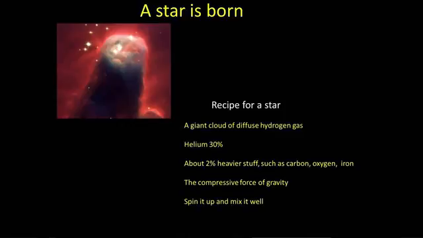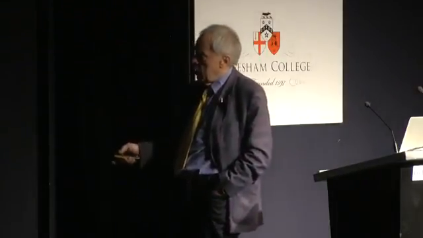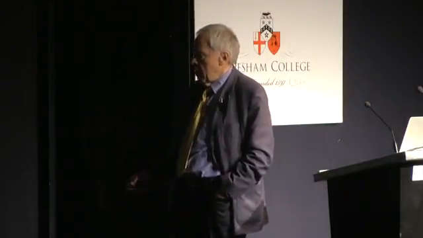And the interesting stuff is the 2% of this cloud, which is the carbon, the oxygen, the iron, the reason that we're here, basically. And this heavy stuff came from previous generations of exploding stars that enriched themselves in the center by thermonuclear reactions. The debris dispersed, eventually came to form a new star, a new cloud, and that is why the sun is here. Okay, and so gravity then brings this cloud together, and the cloud spins up as it compresses. It's got some small spin, it spins up faster and gets thoroughly mixed. And eventually, gravity is so important that the cloud begins to break up.